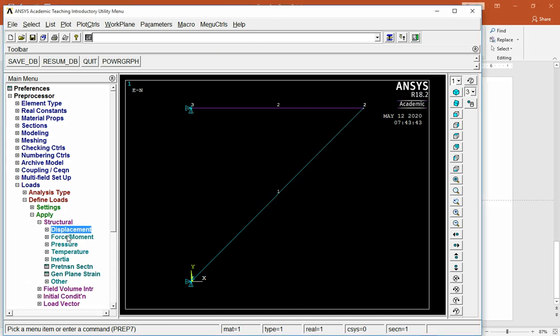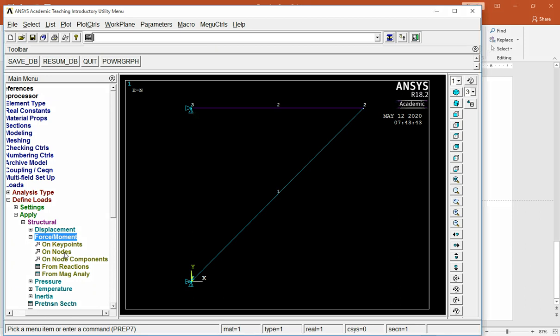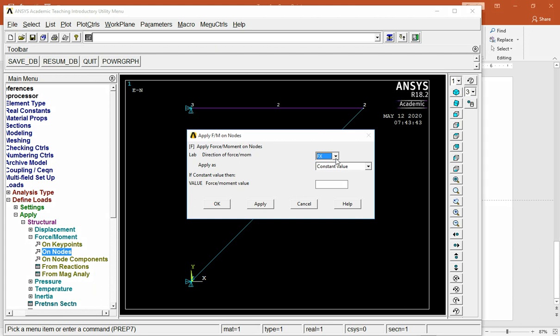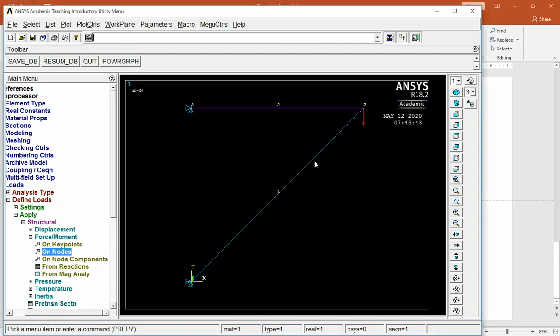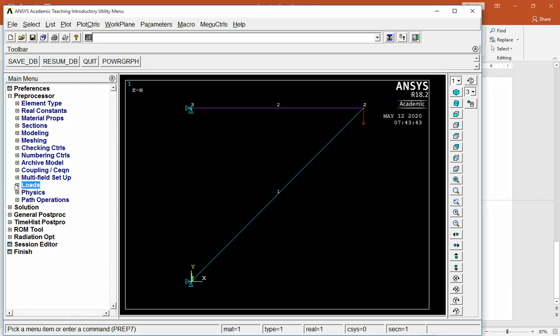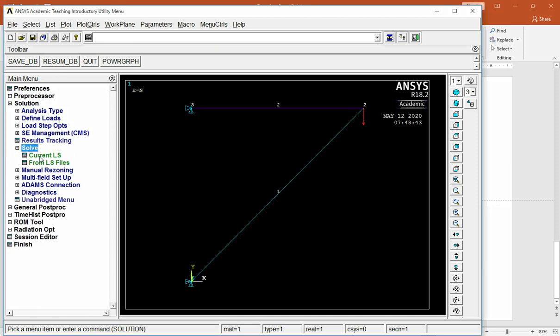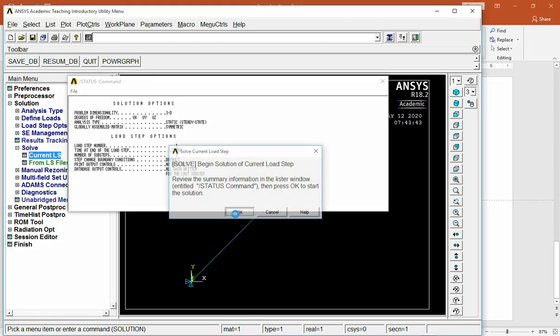Then go to the force menu, and here you select on nodes, select node 2, say OK, and Fy is 100 kilonewton in the downward direction. So we applied a force. With that, development of the FE model is finished and also loads and boundary conditions were applied. Then you need to solve. Go to solution, solve, current load set, say OK.